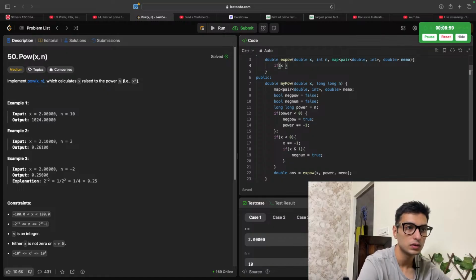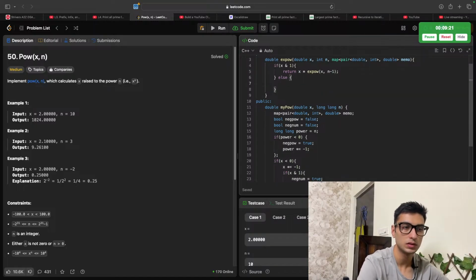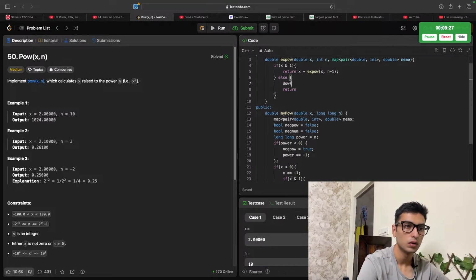If n and 1, that means it's odd, return x into x power x comma n minus 1. Else, that means it's even. You return double